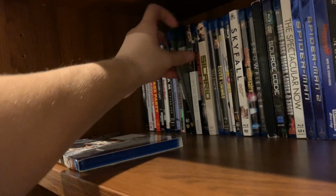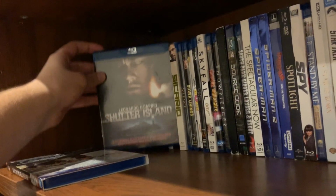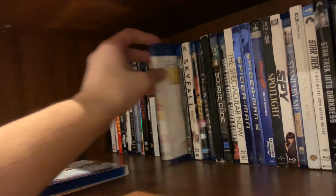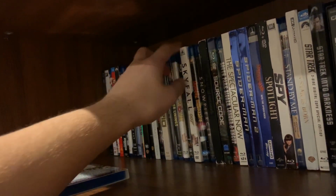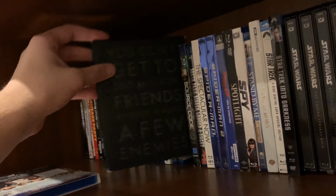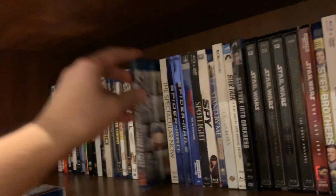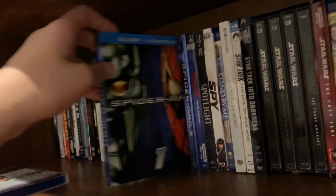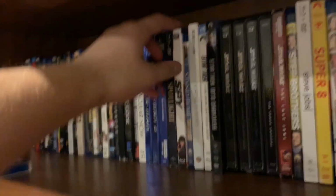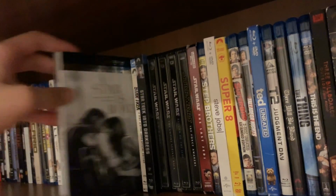at Walmart on Black Friday, great deal. The Shining, Short Term 12, very, very underrated film, Shutter Island, Sicario, Silence, Silver Linings Playbook, The Simpsons Movie, The Sixth Sense, Skyfall, Slumdog Millionaire, Snowpiercer, The Social Network, Source Code. This has a cool lenticular on it. Yeah, really cool. South Park Bigger, Longer, Uncut, The Spectacular Now, Spider-Man, Spider-Man 2, and then Spider-Man Into the Spider-Verse on 4K. Spotlight, Spy, Stand By Me, A Star Is Born,